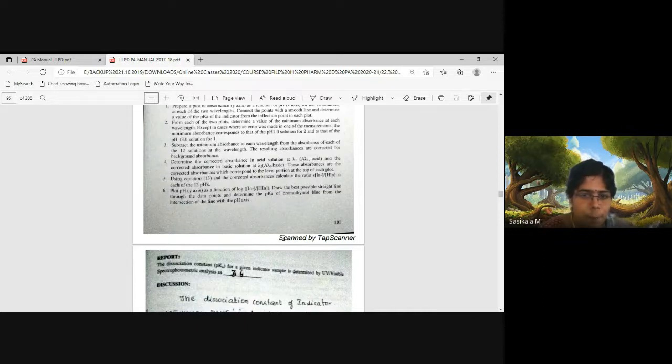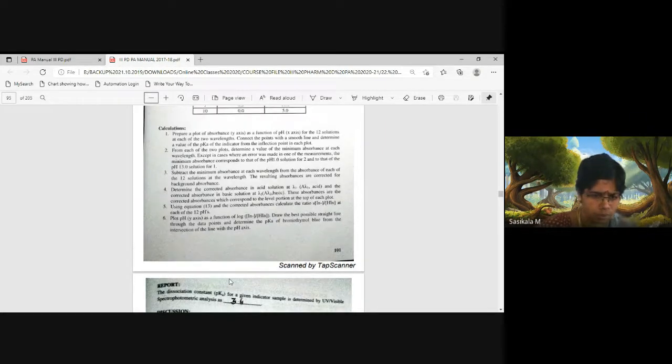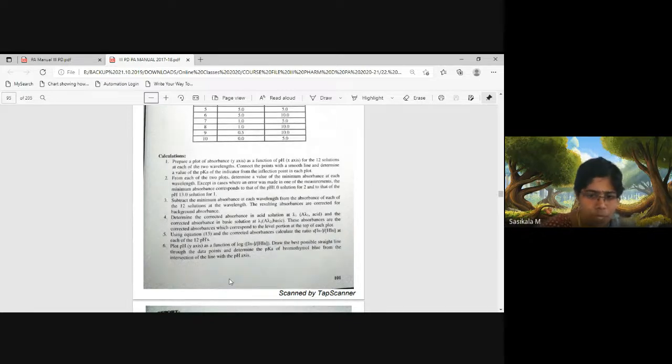If it goes for complete dissociation in acidic, then you will get only one inflection point that you have to represent. If you find two inflections, then you have to write two values, pKa 1 and pKa 2, for the bromothymol blue. Then write a discussion referring to textbooks, with references, and submit. I'll assign the assignment column in the classroom. You can submit your observation. After evaluating, you can copy the same and keep the graph for the manual. No need of drawing two graphs. Only one graph is sufficient, that you can keep in your manual.